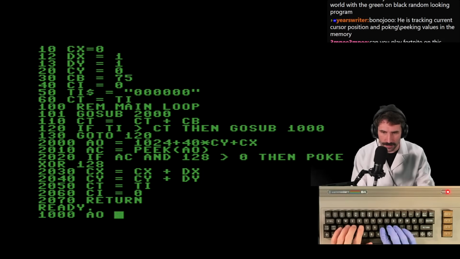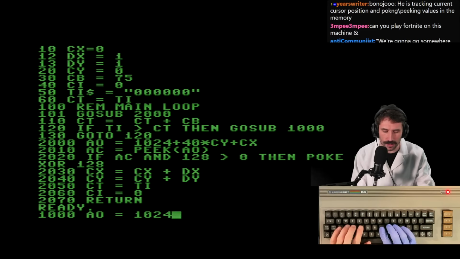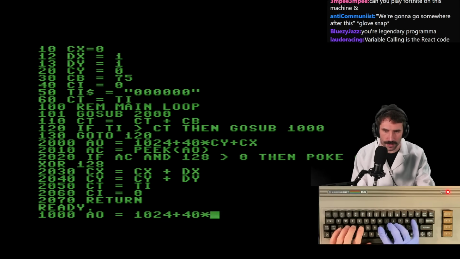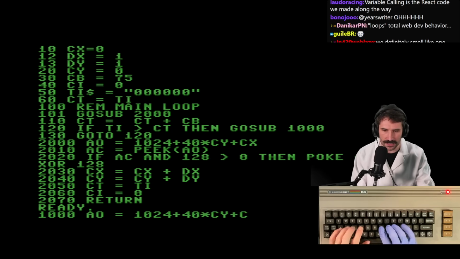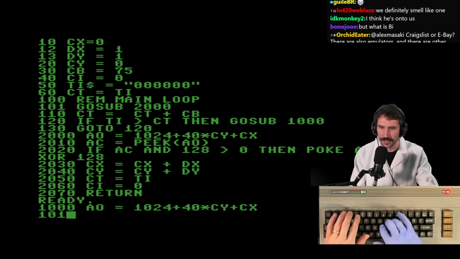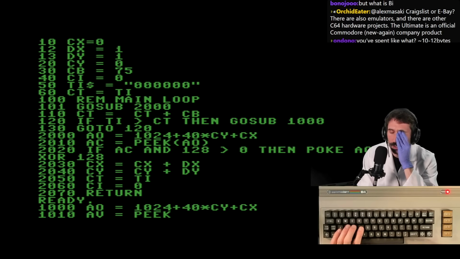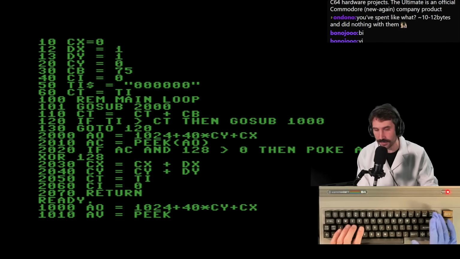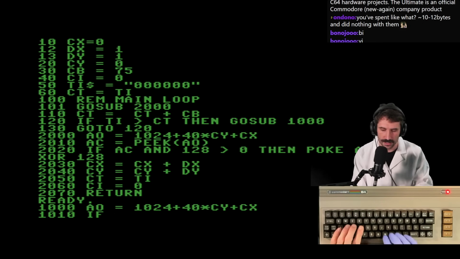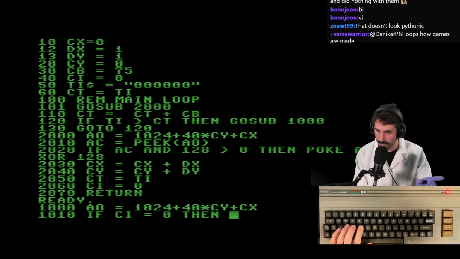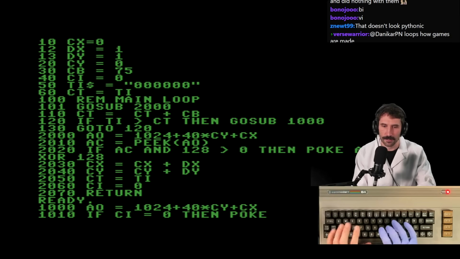All right. Area offset is going to be 1024 plus 40 times, oops, 40 times CY plus CX. So that's our offset. Then our value is going to be, we got to peek this bad boy out. Actually, I guess we don't need the peek. I'm going to assume that the CI is always telling the truth. If CI equals 0, then poke,